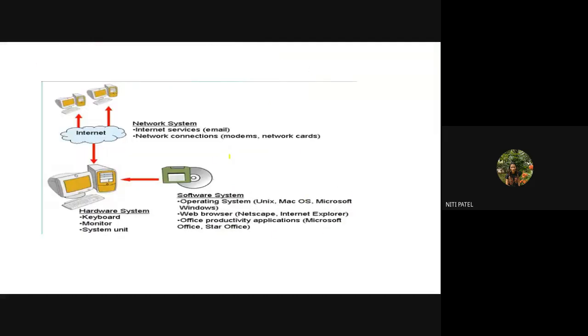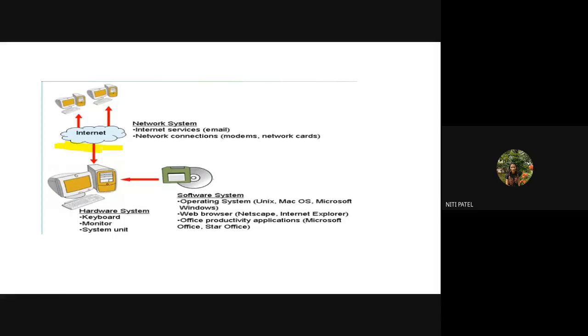So now see, it might happen that I have internet connectivity in between. Internet connectivity means it might happen that I am sending some data to another computer. So if I want to share my program with somebody else on another computer, I require a network system. If I do not have a network system, I cannot send any particular program to any of the users on the other system.